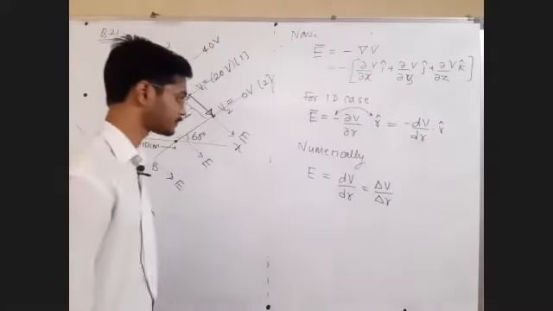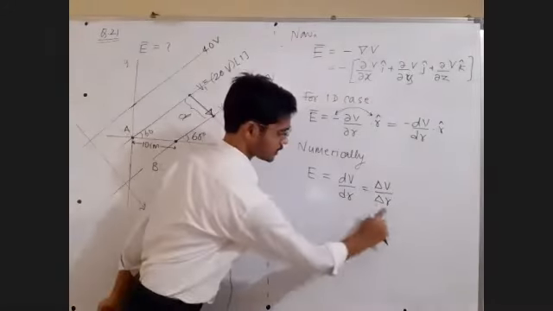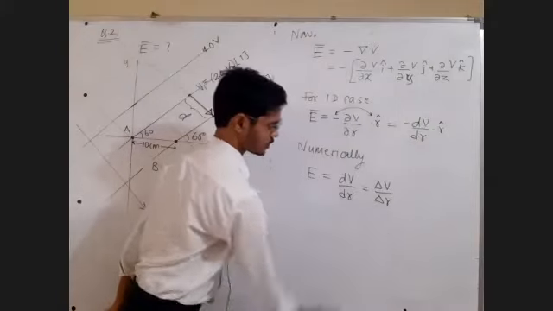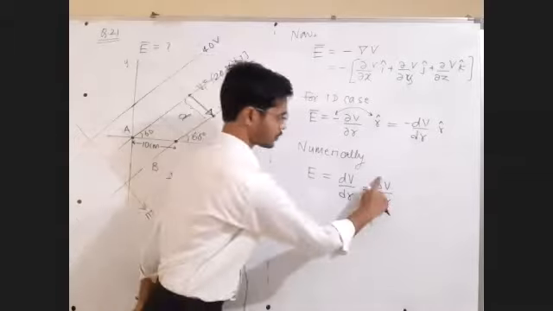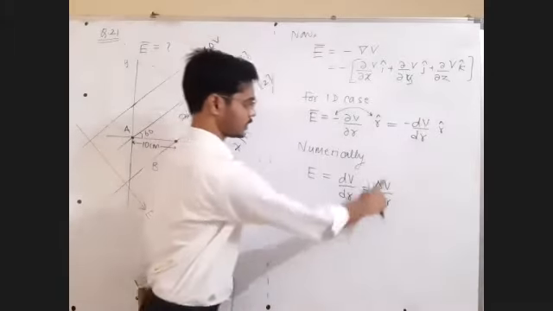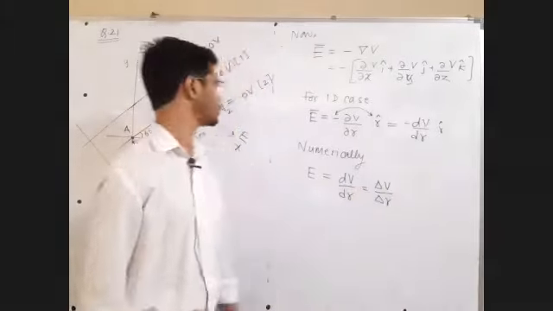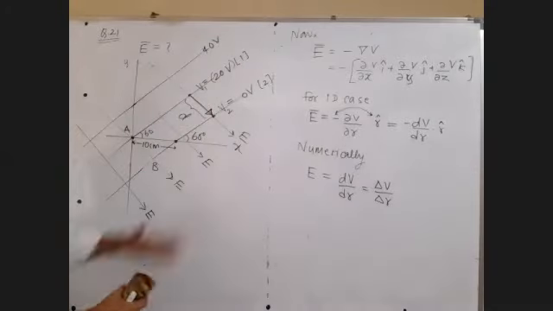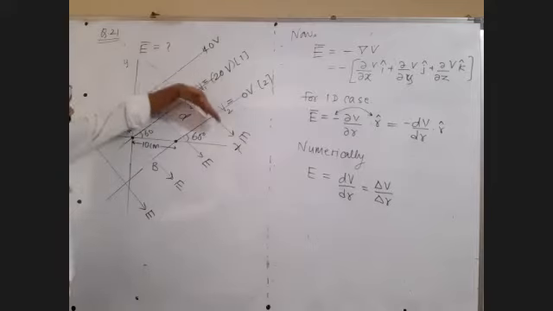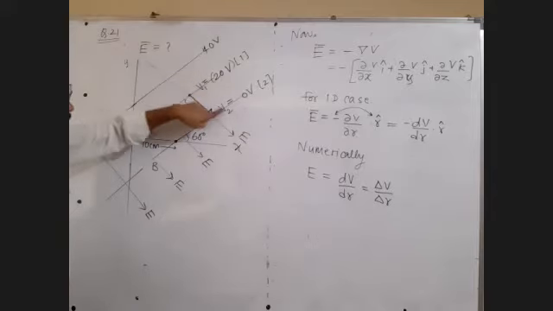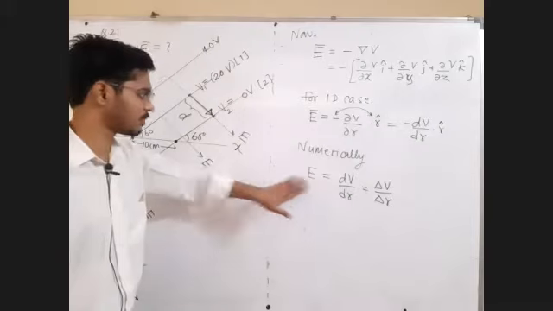Okay sir, fine. This distance is the distance between the equipotential surfaces, perpendicular distance between the equipotential surfaces, and this is potential difference between the equipotential surfaces. This is the first equipotential surface, this is the second equipotential surface. Electric field is always directed from higher potential to lower potential. We are dealing with the magnitude only.